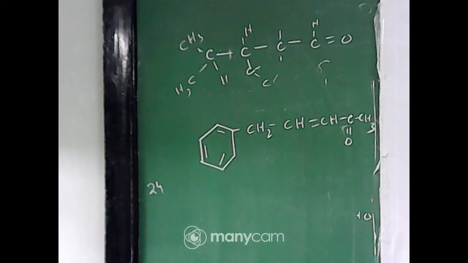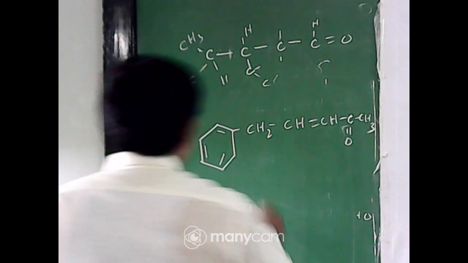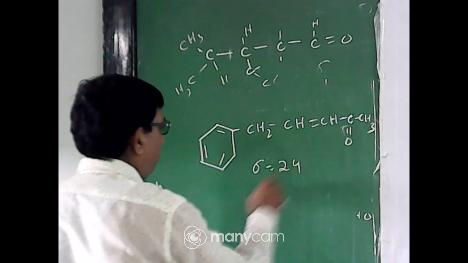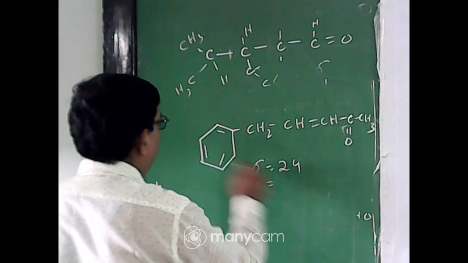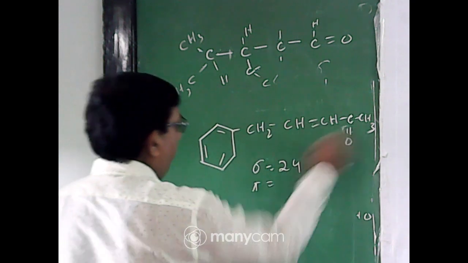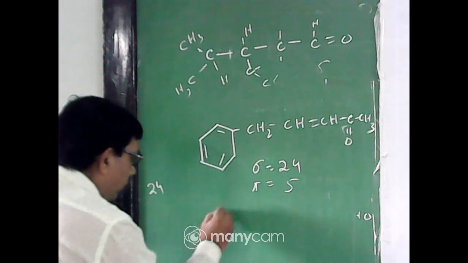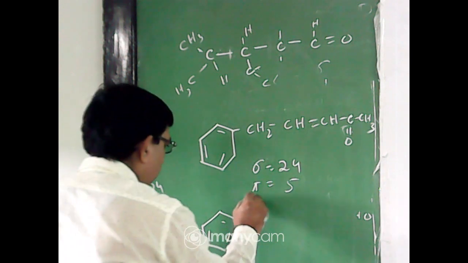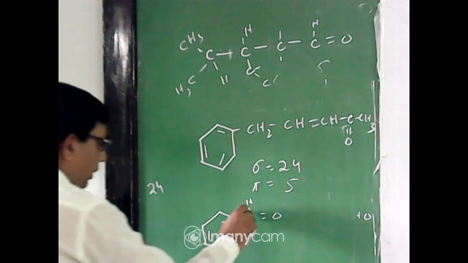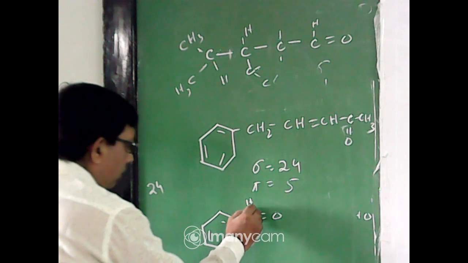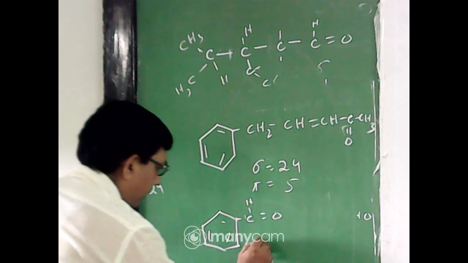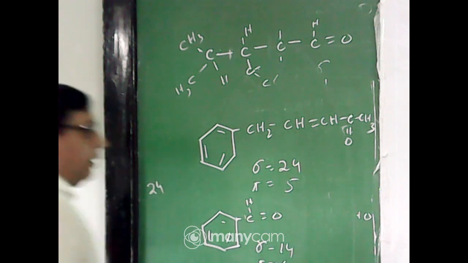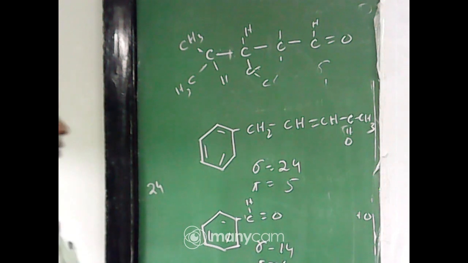Benzene ring, above that CH2. So here in this question the number of sigma bonds will be 24, the number of pi bonds will be 1, 2, 3, 4, 5, 5. And in your question, benzene ring CH double bond O, so 12, 13, 14. So sigma bond 14, pi bond 4. The answer will be sigma bond 14, pi bond 4.